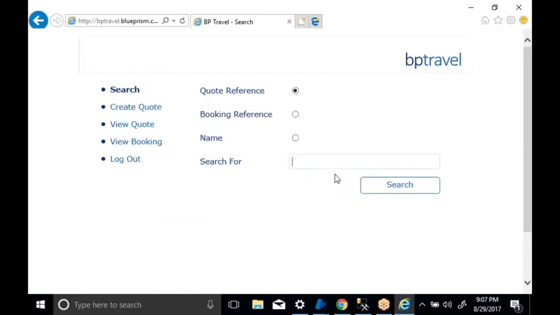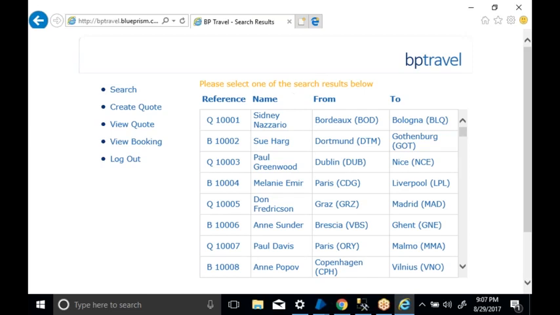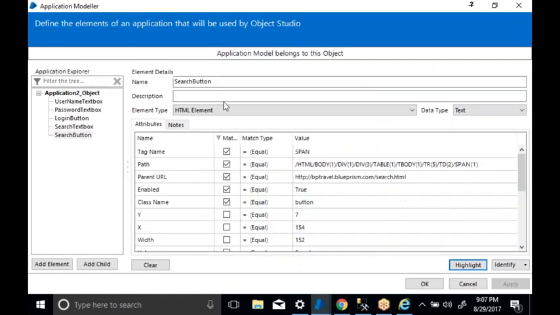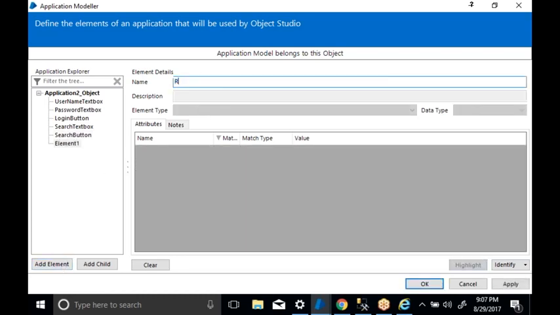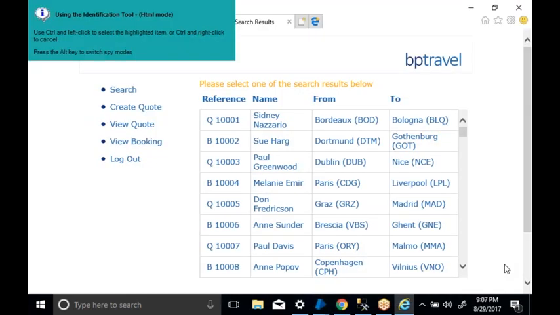Now let's do this manually. Let's search the value 100, and see what value I want to read from the application. Let's do the first value first. I want to read only the reference number from the application. To do that, I will create one more element called reference number, identify and move the cursor on the data.